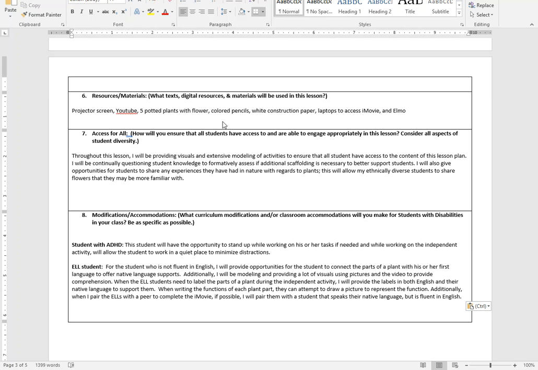So then your access for all is how you will ensure that all students have access to and are able to engage appropriately in this lesson. So you can consider all aspects of student diversity. So, how are you going to make sure that the content is comprehensible for students? So like I said in the Hunter lesson plan, you might think of visual aids, you might think of certain kinds of pairings that you might do to better support students,